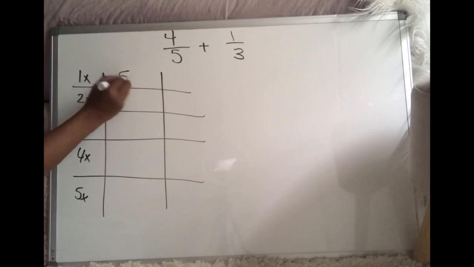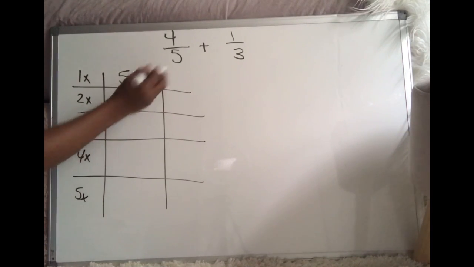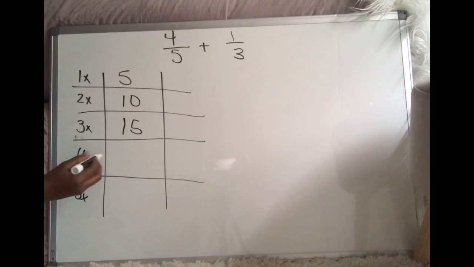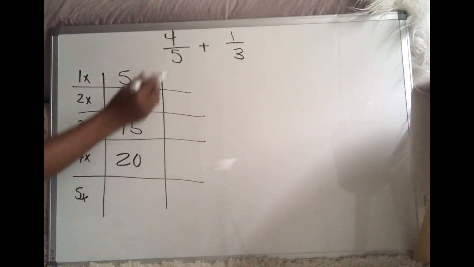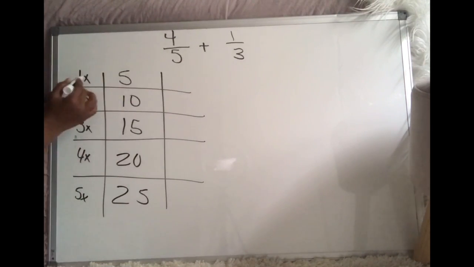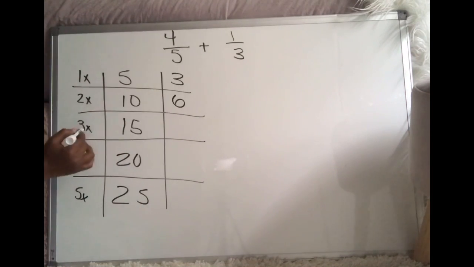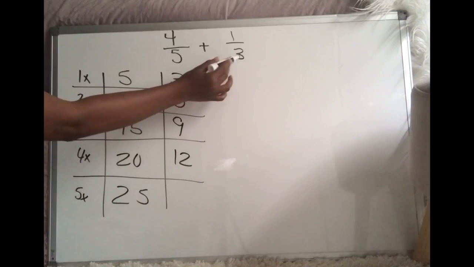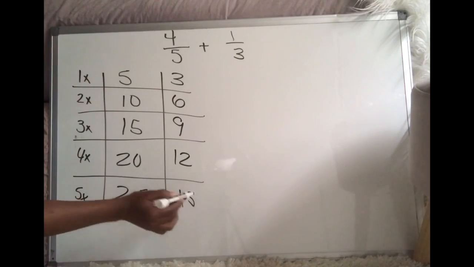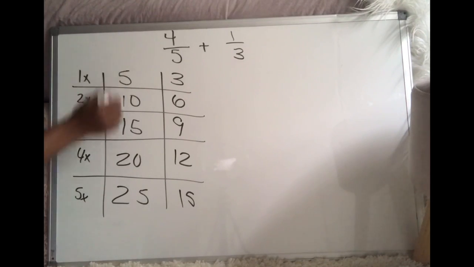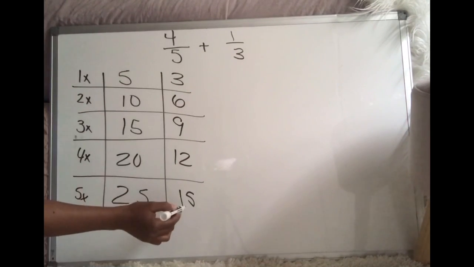5 times 1 is 5. 5 times 2 is 10. 5 times 3 is 15. 5 times 4 is 20. And 5 times 5 is 25. 3 times 1 is 3. 3 times 2 is 6. 3 times 3 is 9. 3 times 4 is 12. And 3 times 5 is 15. These are my multiples. This one is for the first fraction, and this is the multiples of the denominator